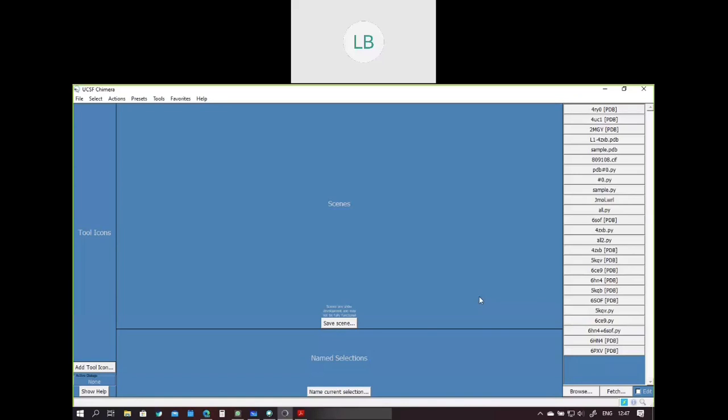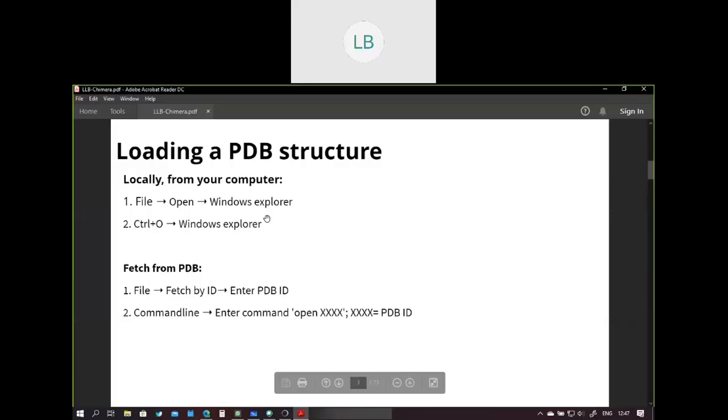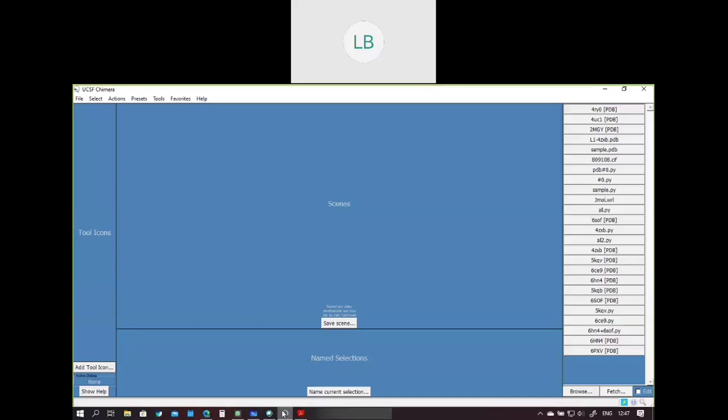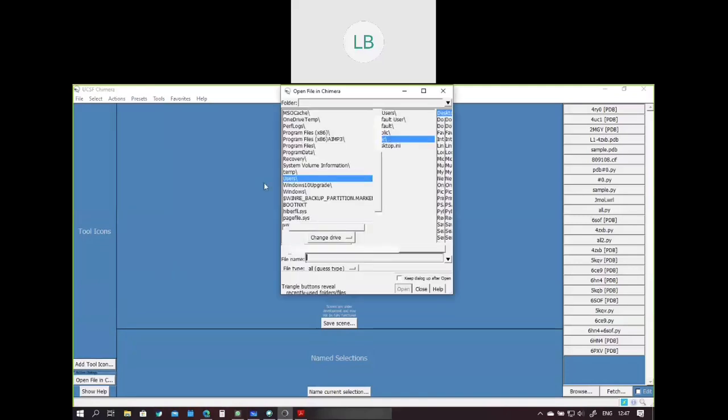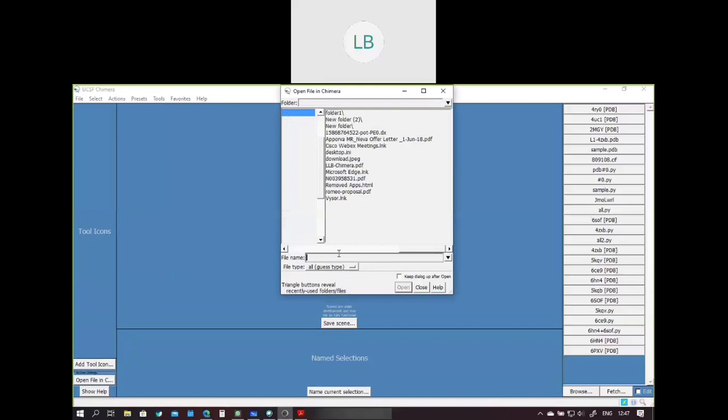When you open the Chimera program, you need to open a PDB file. There are two ways to open your protein structure using UCSF Chimera. The first way is you can open the PDB file from your computer. Go to File, Open, or press Control O, and it will open a dialog prompt showing which PDB file you want to open.